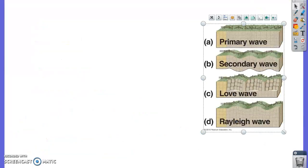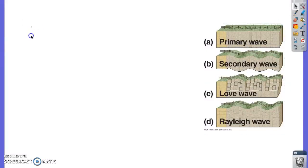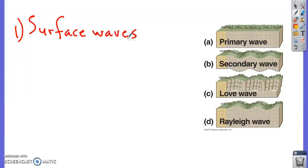Now, despite the fact that seismic waves move at different speeds, there are also different types of waves. So let's talk about some of the types of seismic waves. The first type we're going to talk about are surface waves. Needless to say, these are waves that move along the surface of the ground. So the surface waves move across the surface. These are the slowest waves, and they're the last ones